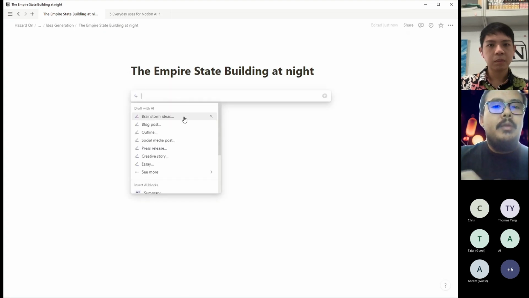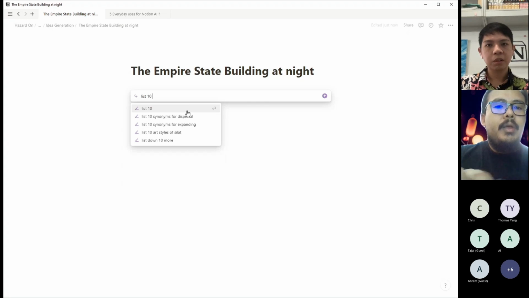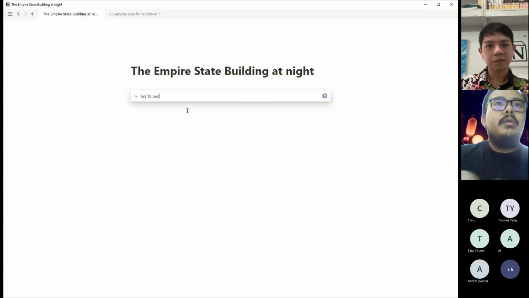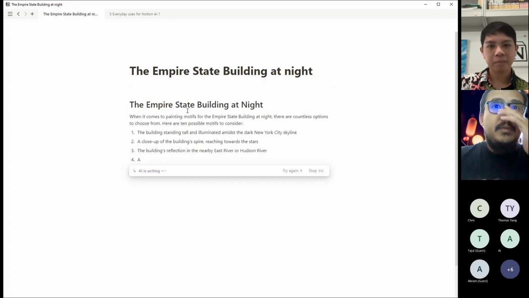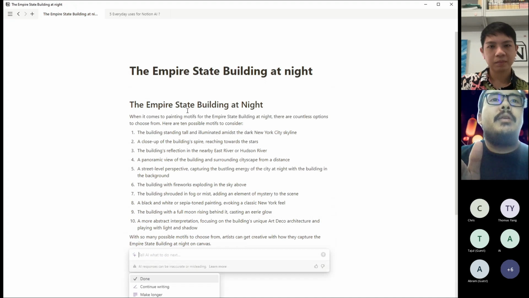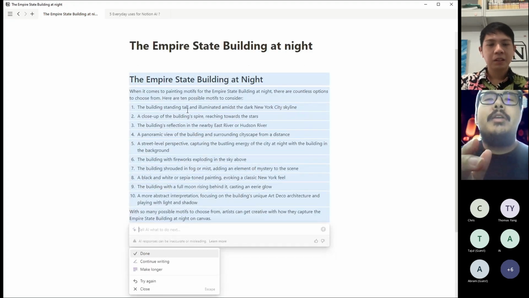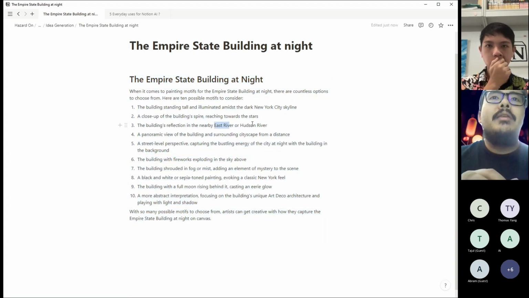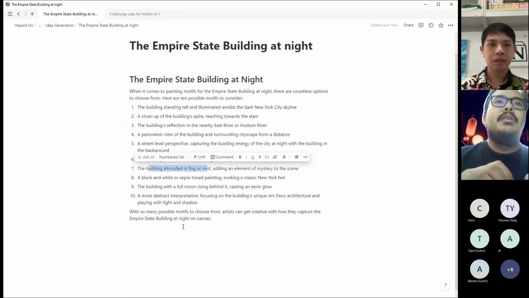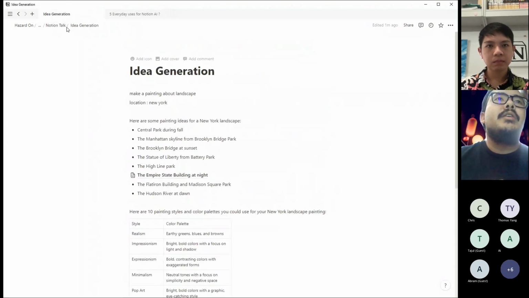Say this 10 painting use. So it gives you 10 ideas. You can ask them to have 20 ideas, 10 ideas. You can go level by level. You can make this into a page, you can make this into a page. So it's more or less unlimited. So that's just one thing I do for idea generation.